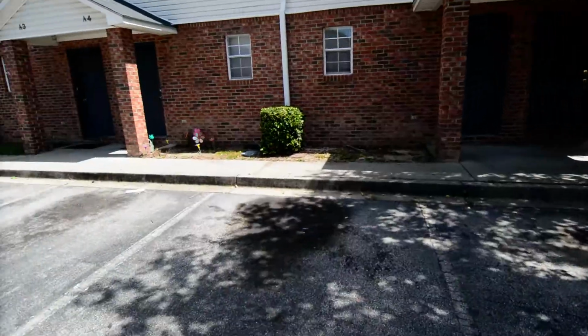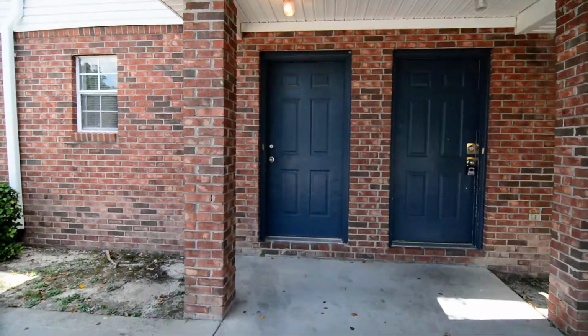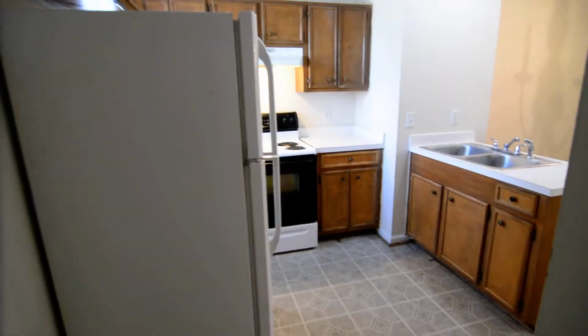So we're right out front now. You have parking in front of the building. There's open parking pretty much anywhere throughout the complex as well. You have a covered front entry here. And as we step inside, just a light for you so you can see going to the second level there, but we're inside here at